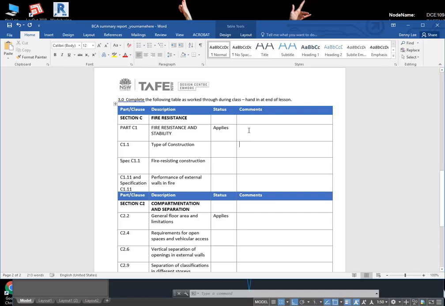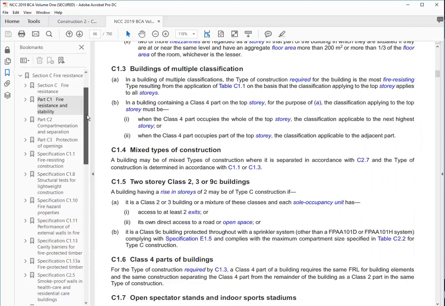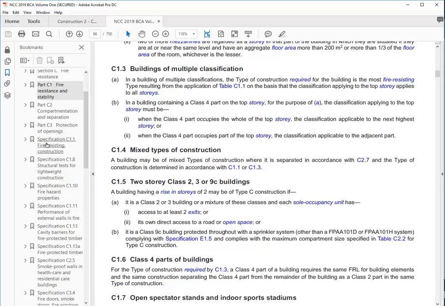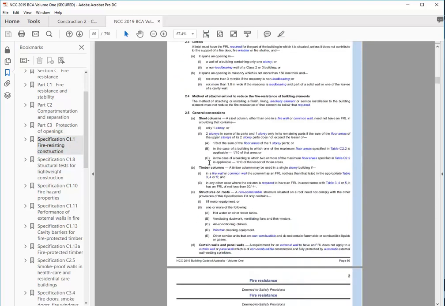Also just make sure it's clear the specification is different to the general sections, so the clauses. So here where it says C1.1, that's of course the table we just looked at. This is one thing that annoys me with the formatting of the BCA or NCC. The specifications aren't indexed that well, so you have to go down to the specification in the contents here and then scroll through to find the part you want. They're quite long,